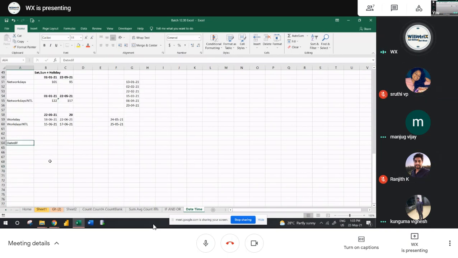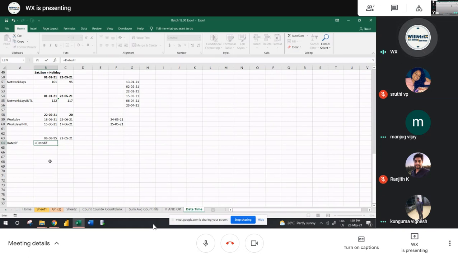Then the DATEDIF formula. This DATEDIF formula will help you to find out the age calculation. Think one person's date of birth I will mention here: 06-08-1995. From this birth date till today, how many days he completed? I want to find out total days. So there you can use the DATEDIF formula. You can't see the DATEDIF formula in Excel actually. In the formula selection option, you can't see that DATEDIF formula, but we can work with that formula manually.